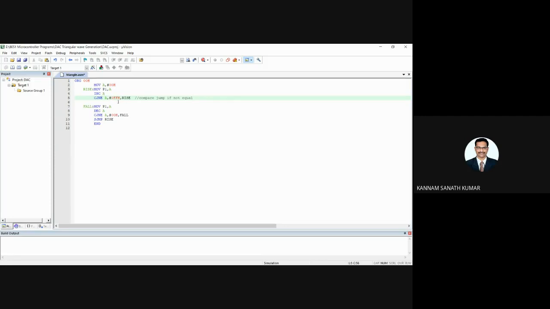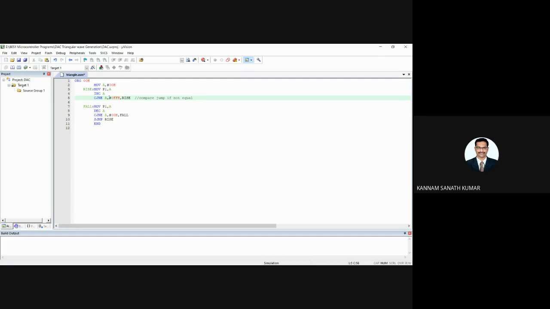Again it is compared, both are not equal, again 01 goes to port 1, increment means 02. Like this 01, 02, 03, 04, 05 and so on, it will come to the maximum value FF.